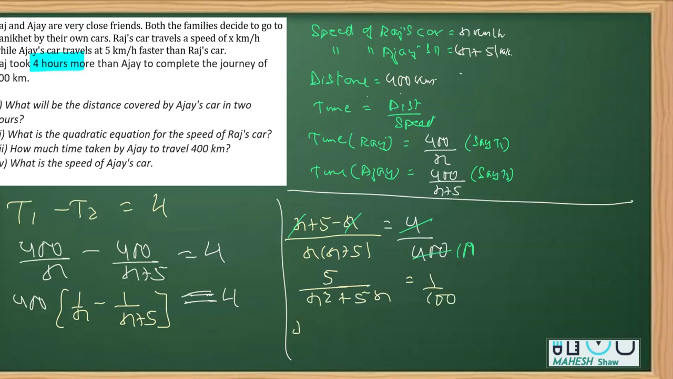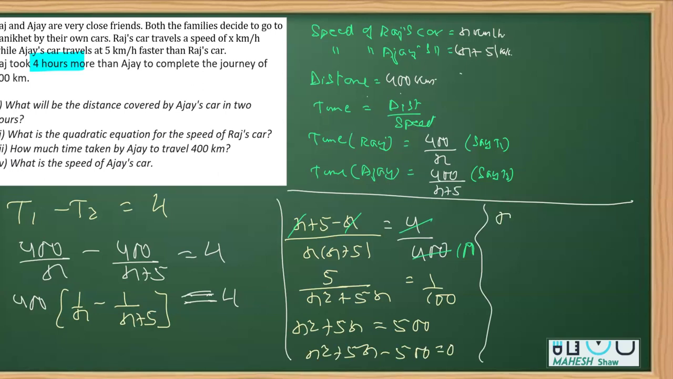Now with cross multiplication, we'll get x squared plus 5x is equal to 500, which I can transpose to the left-hand side in the next step. So maybe I'll show the working properly: x squared plus 5x minus 500 is equal to 0. Next, I'm going to find the solution of x here using